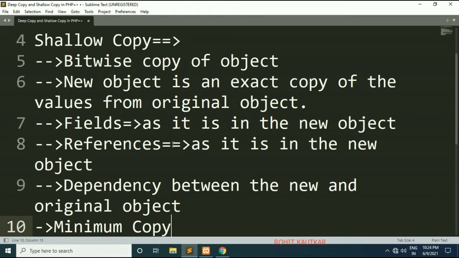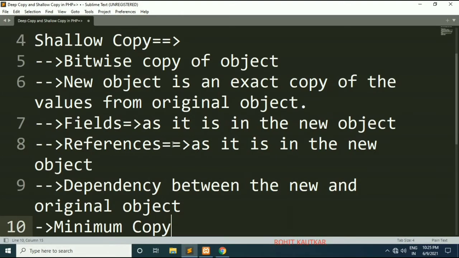So if you change a certain property value within the old object, it will get reflected within the new object as well. Or if you change a certain property value within the new object, it will also get reflected within the old object, because both the original object and the new clone object are pointing to the same location. That's why there is always a dependency while creating a shallow copy.